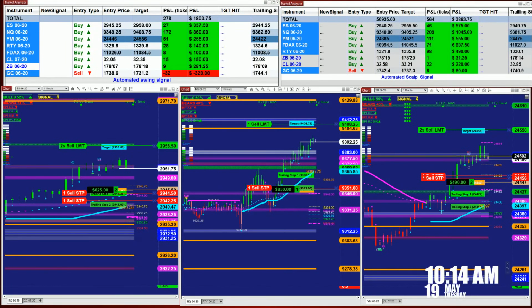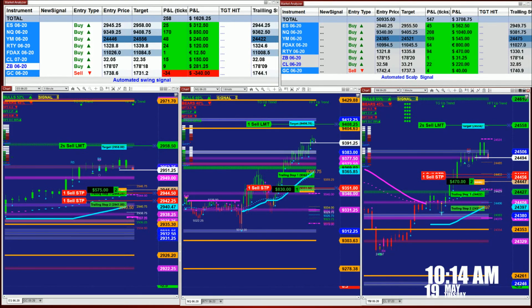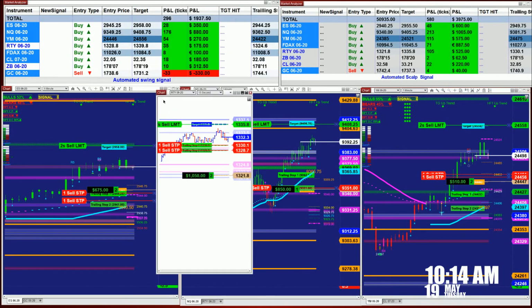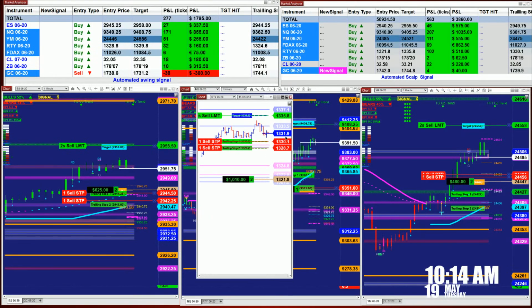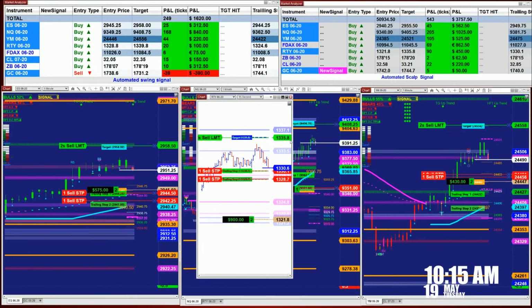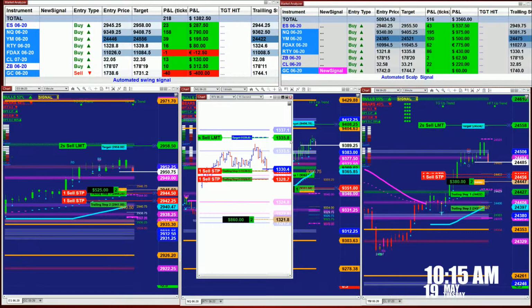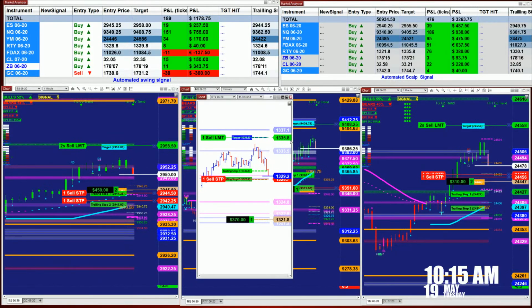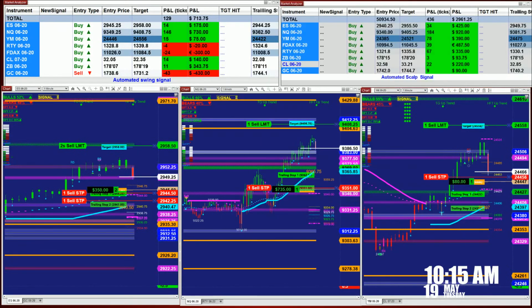On that auto trade here, it is my favorite auto trade. I personally like this kind of auto trade. Why do I like it? This is from the scalper, from the right upper corner on the scalper, and I love the ATM with it. The reason is because I can control my profit and get all my profit between 9, 10, or 11 o'clock, depending on the market movement. It doesn't depend on what I want. It depends on the market movement, and then I can be done between 10 and 11 o'clock and get it over with. Because I still believe the less trades we take in the market, the better off we are,